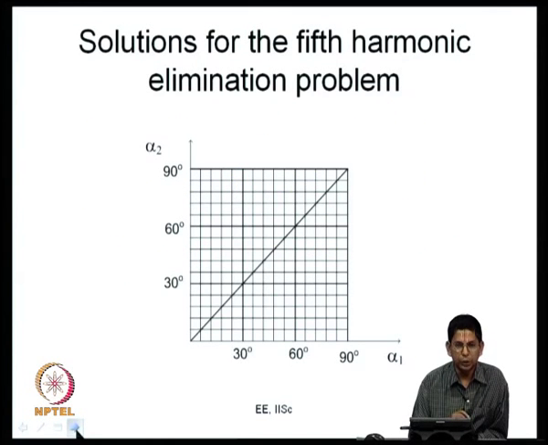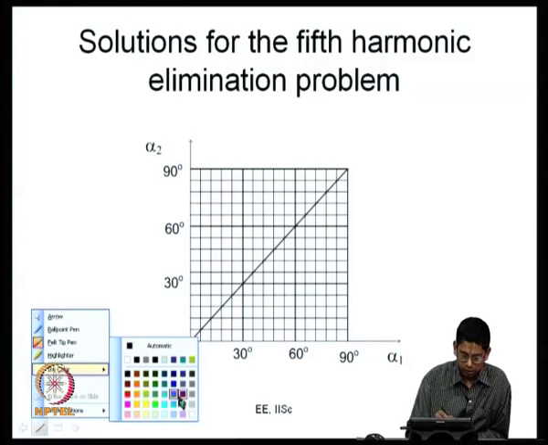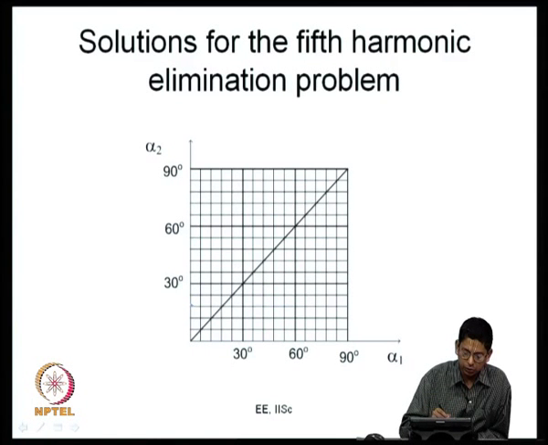So, what you would generally do is to solve the fifth harmonic problem. This is a graphical approach, and this is meant only for two switching angles. For anything else, you can always solve those equations. It is two equations in our case when there are two switching angles. When there are three switching angles, there are going to be three equations, and you have to solve that iteratively. Now, it depends on what you want. Let us say you have something like V1 equal to 0.8 or so. So, let us say this is the curve that you have, this is the fundamental voltage curve you may have.